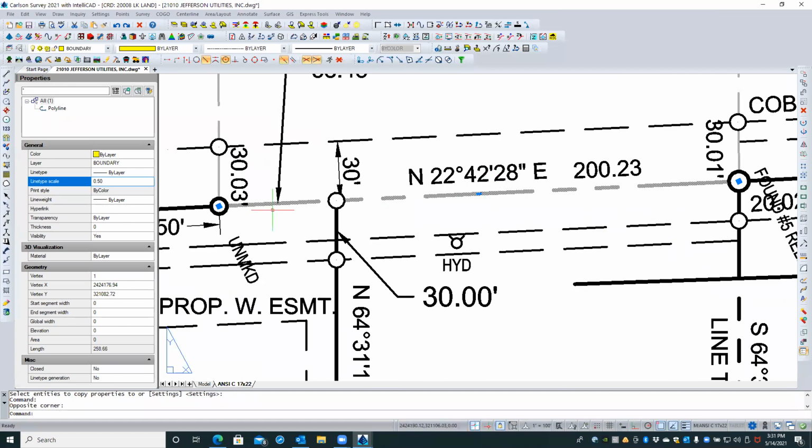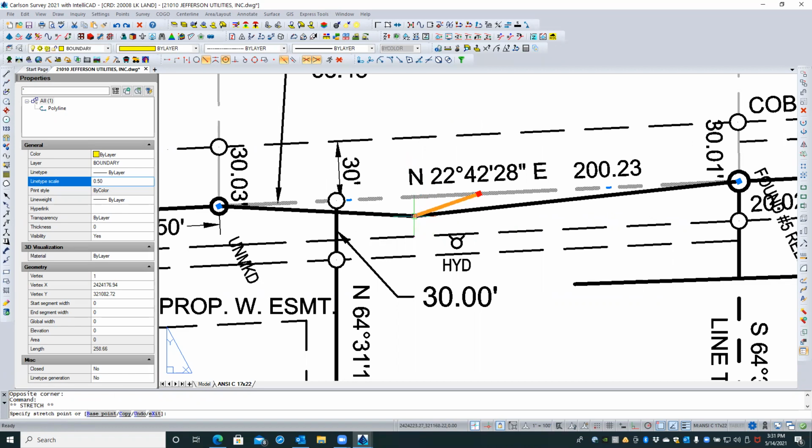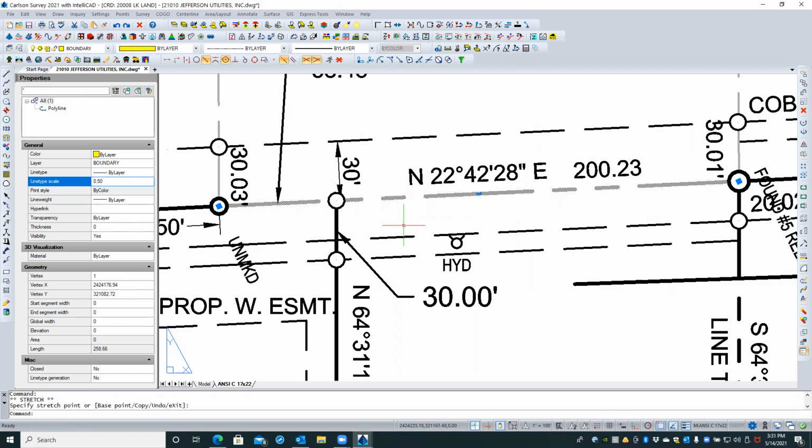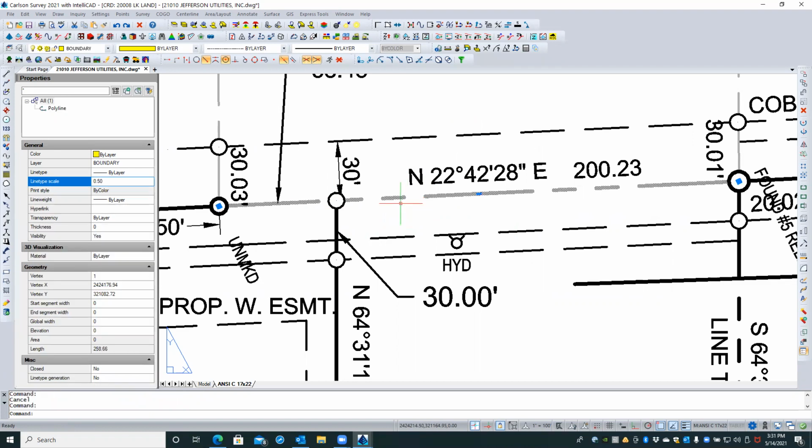With the grips on, with the line selected, if you point to this one in the middle and hover the mouse, a little menu pops up. Pull the mouse down into the menu, and then we're going to say add a vertex. What it's asking me to do is find a place. The place I'm going to find it is right there, snapping to that one. Okay, now I have an endpoint